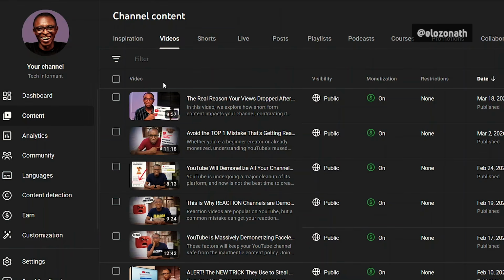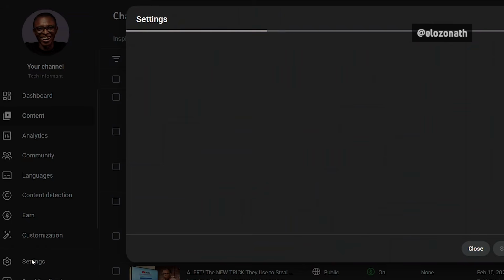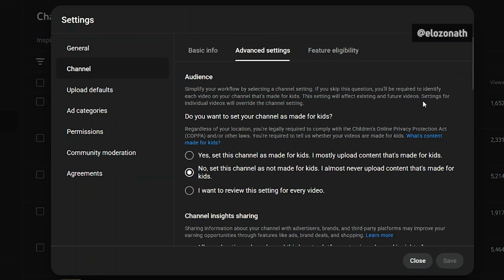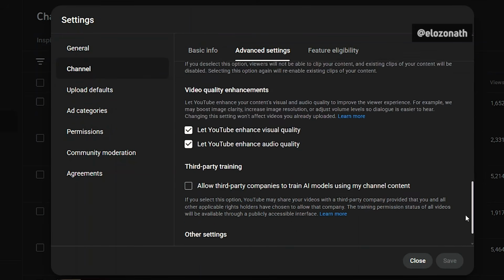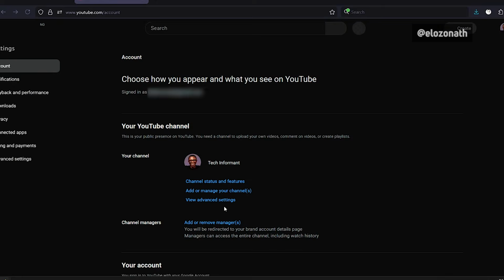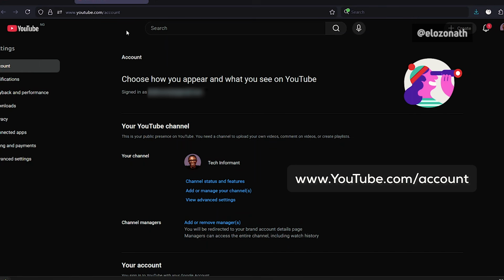So you can achieve this by going to your YouTube Studio on a browser, that is either Chrome or Safari. You can't achieve this with the YouTube Studio mobile app. So now what you need to do is just go to your Studio on a browser, then you go to settings. Under settings, you go to channel, then you click on advanced settings, and then scroll down. Here you see manage YouTube account. Then you click on manage YouTube account. So it will take you to this website,